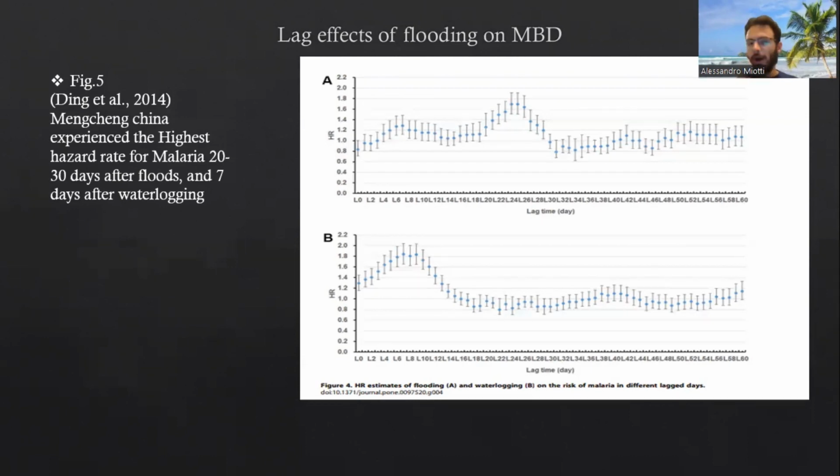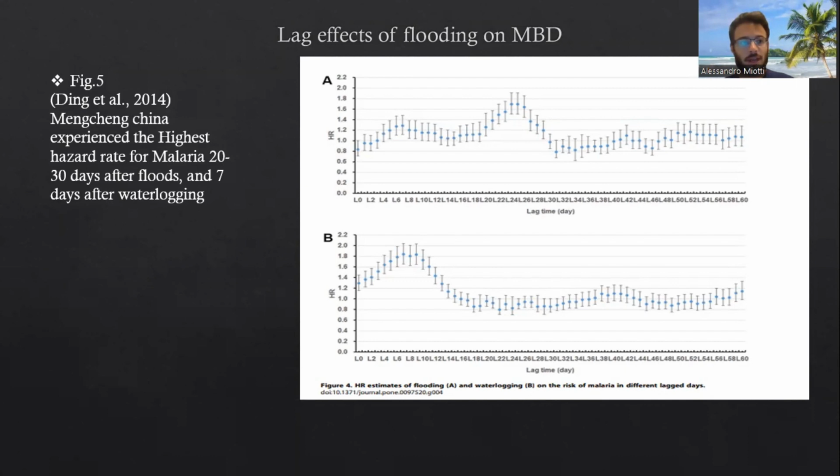So why is this? We talked about flooding creating these stagnant pools of water. So it seems like maybe for the flooding to subside and stable pools to form, it takes around 20 to 28 days. And this is probably why we see a similar curve between A and B. We could put these on top of each other and actually put the peaks on top of each other. So we would see waterlogging happens from day 20 to day 28, possibly.